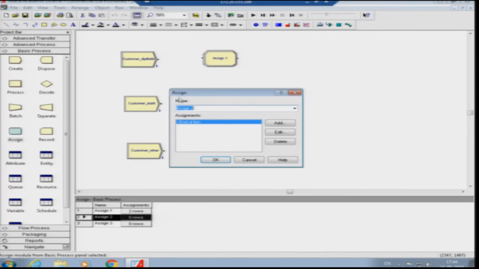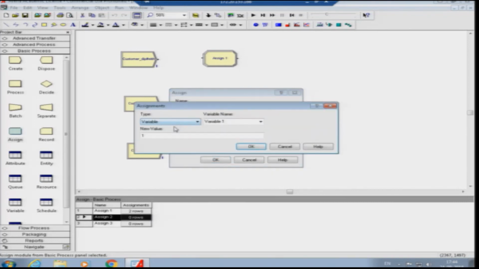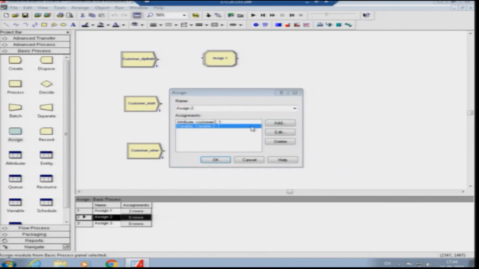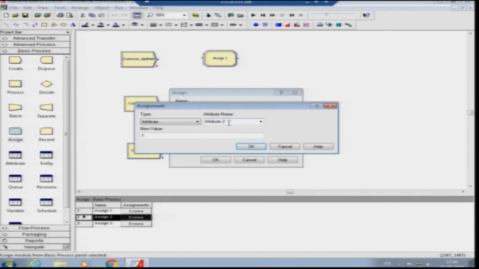So again for the second customer, we will need to add two attributes. Attribute 1 is basically customer 2, whose value will be 1, and attribute 2 is basically the processing time.